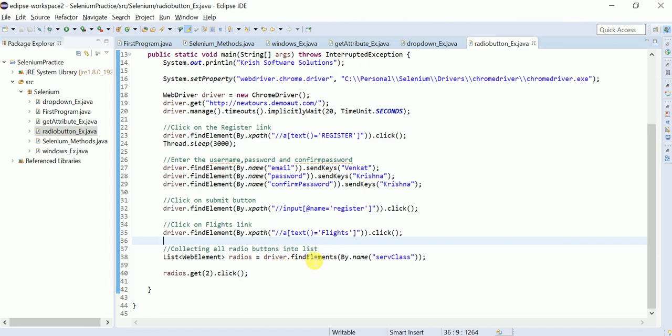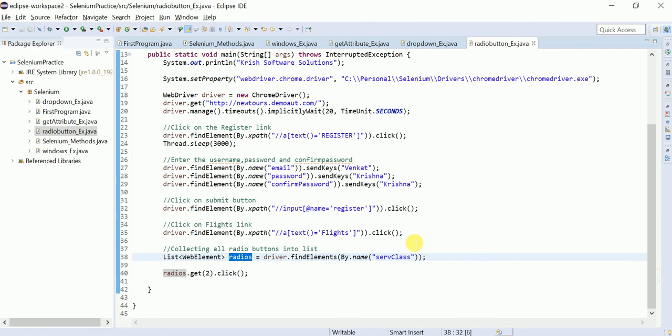And one more thing you learned in this session is find elements. Element will return only one, whereas elements will return multiple elements to you. But whenever it is returning multiple elements, you need to store it into a list or set. In a single variable you cannot store them all, so you need to take either a list or set. So find elements returns multiple elements, and you are storing it into a list. Type is web element and the list name is radios. Like this way you can work with the radio buttons or radio groups.